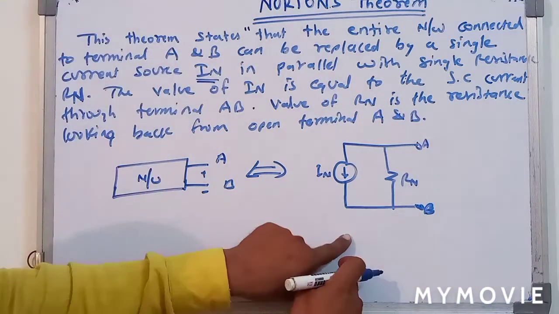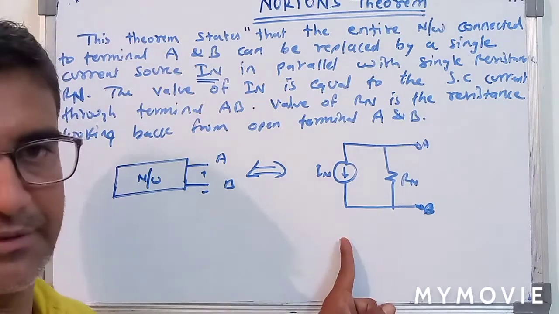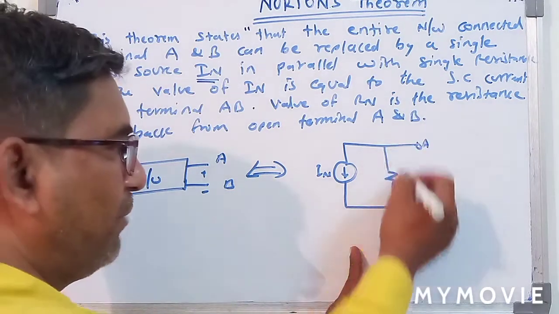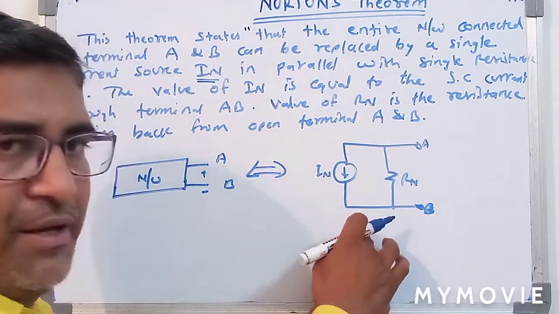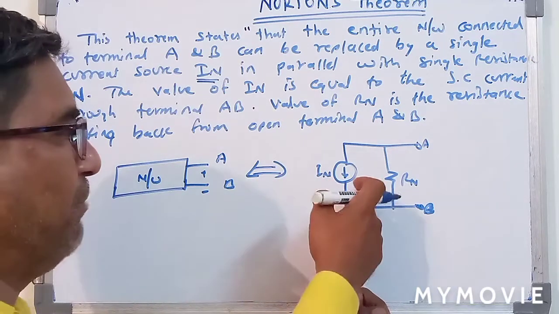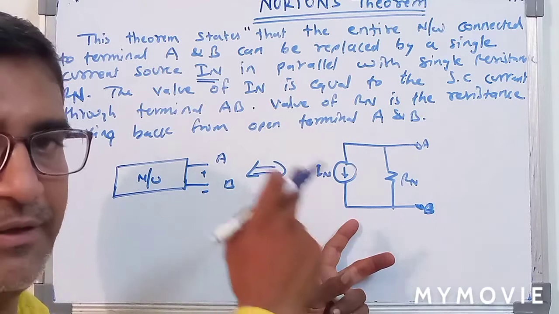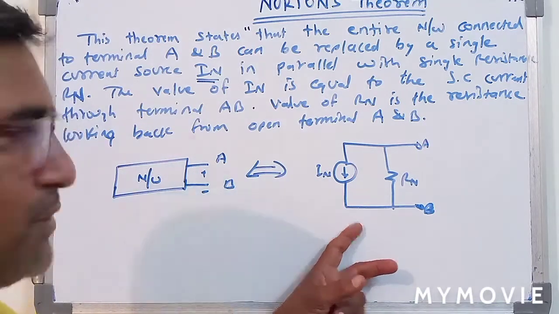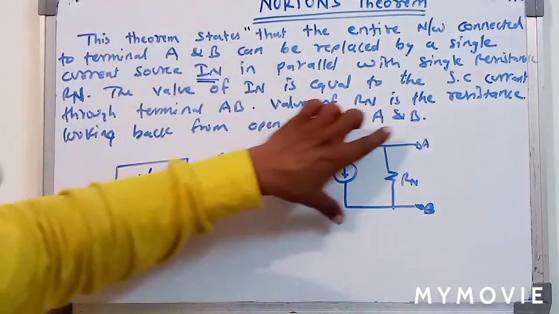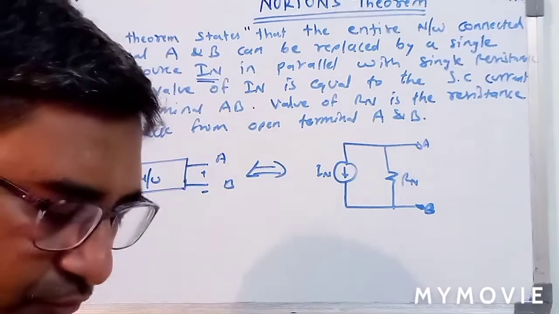Okay, so that is the equivalent for Norton's. Here, in the box we have to mark, and from that marking you should be able to know that it is a Norton's equivalent circuit. Okay students, this statement follows this particular diagram.